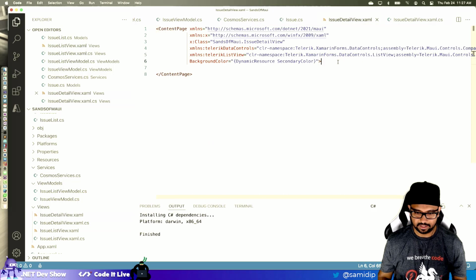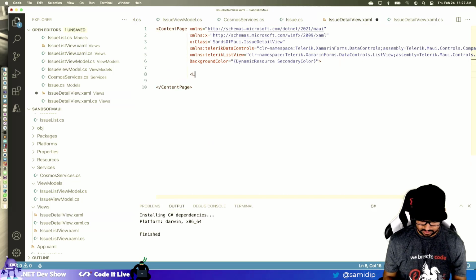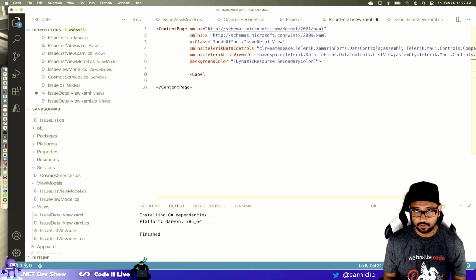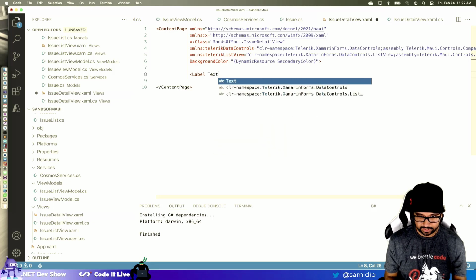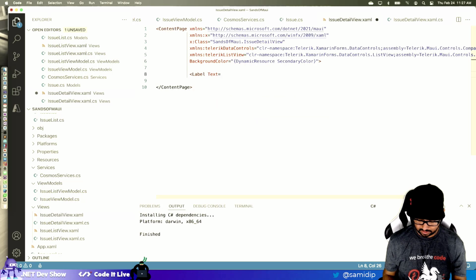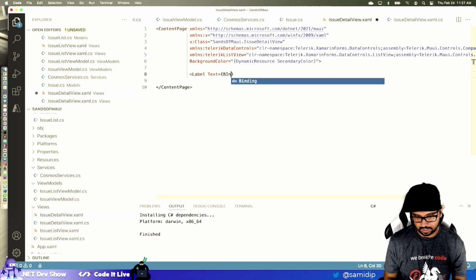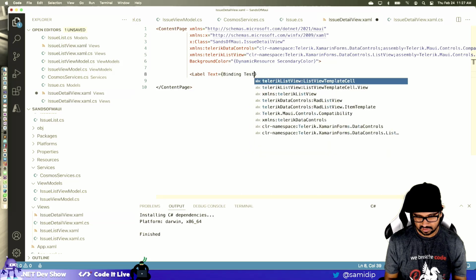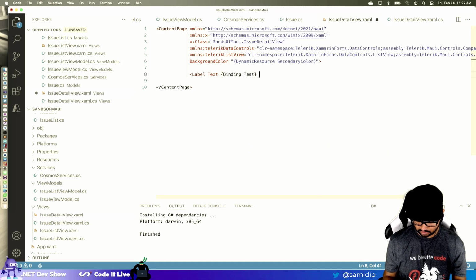Let's see how badly we fail if we do a label. We can give it text, and let's try to bind to test. I think that should be enough.